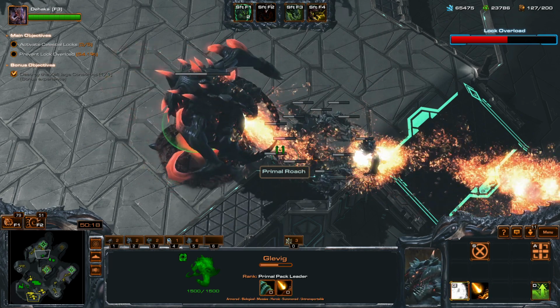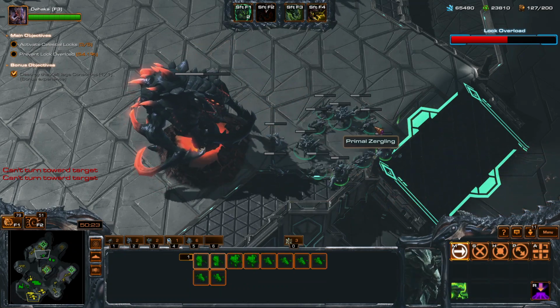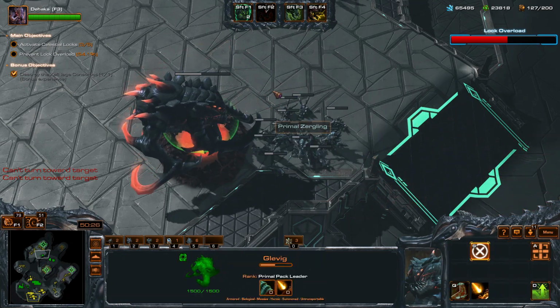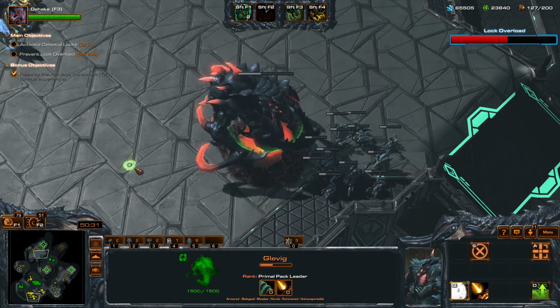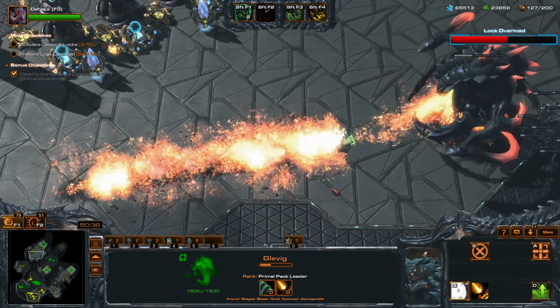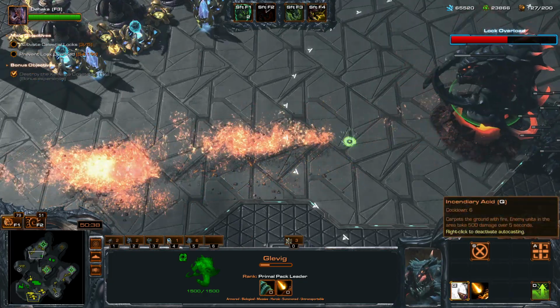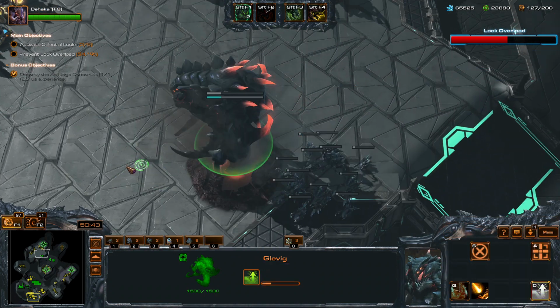He's pretty strong. I like him. So you can't evolve these units or anything, but they're nice to have. They protect him when he's spawning, so... This has a pretty short cooldown. This fire spray is just darn. 500 damage over 5 seconds. You can't beat that, so...